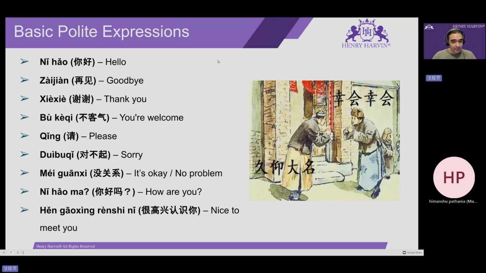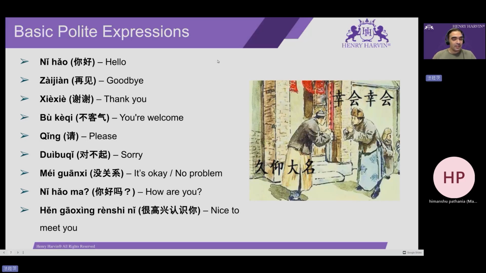And then we have the word 没关系, it means it's okay or no problem. So generally, 没关系 is used for no issue, no problem, or it's okay. Kind of similar expression in a way, especially when someone says sorry to you and you want to say it's okay, no problem. You can generally use this expression 没关系. So it is used in a similar scenario like this.